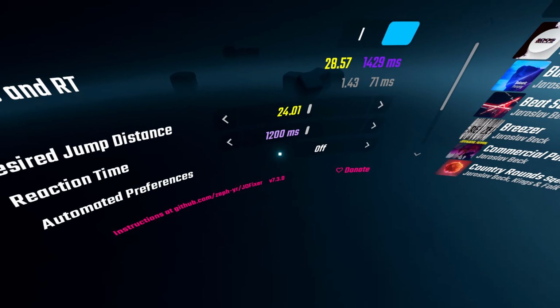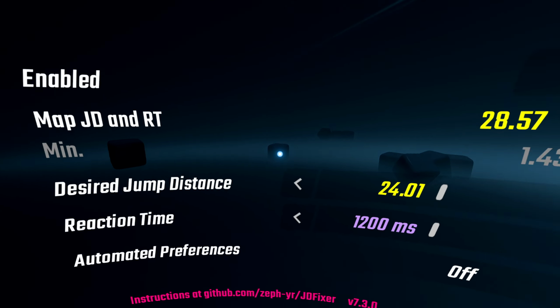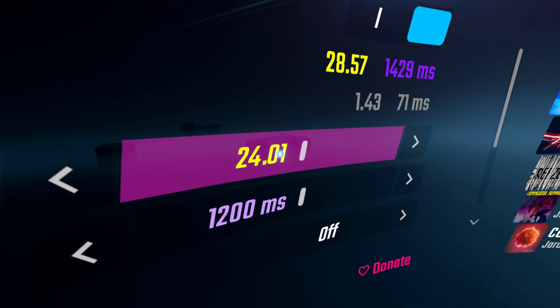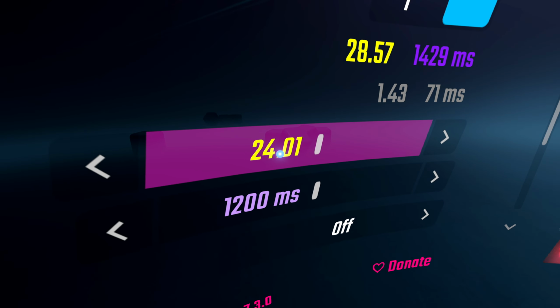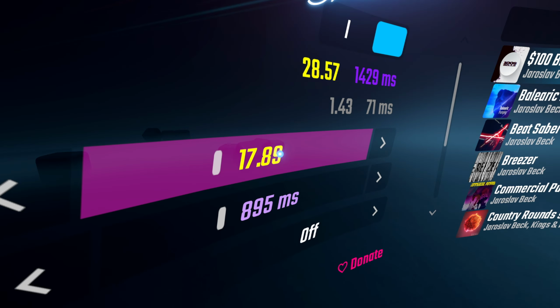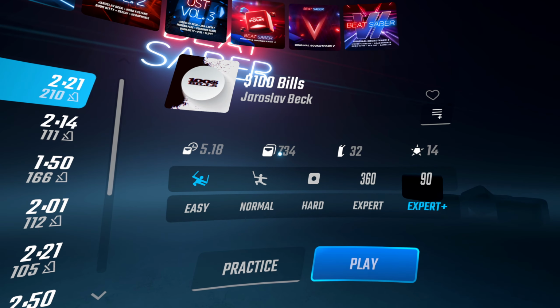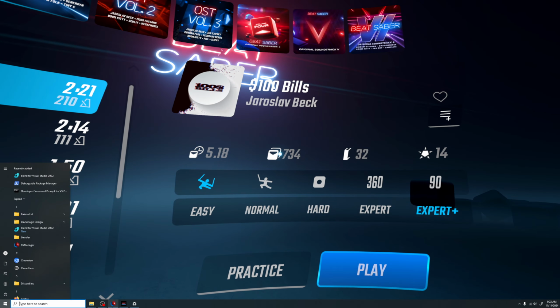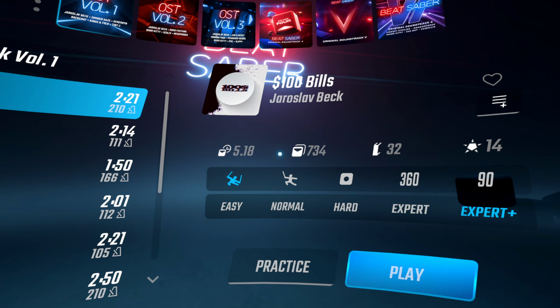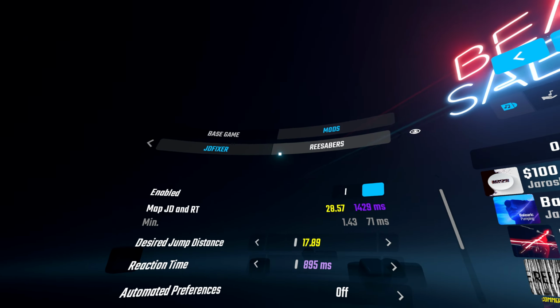Let's focus on this JD Fixer mod. You're probably gonna want to set this to about, I'd say 24 is too high in most cases. But you're gonna change this depending on the type of song. So you're gonna keep an eye. Oh, alright, we're forgetting a mod that we kind of need. I don't know what that mod is, but